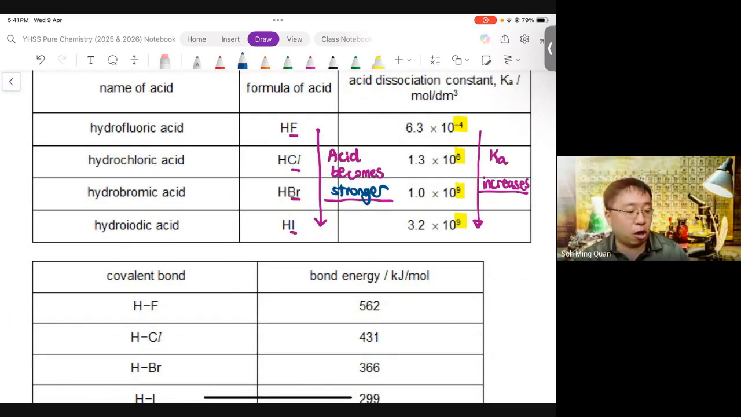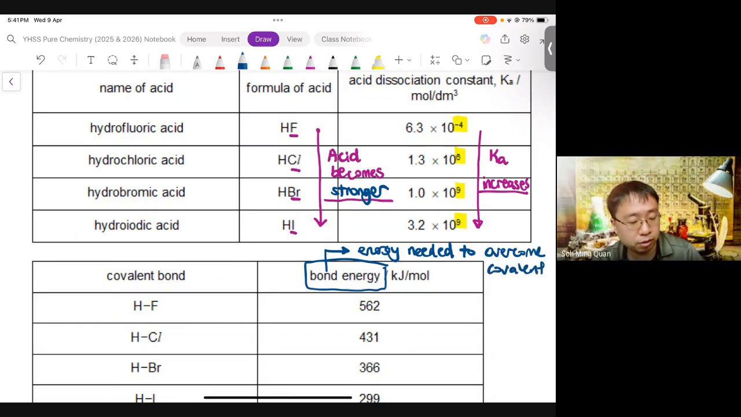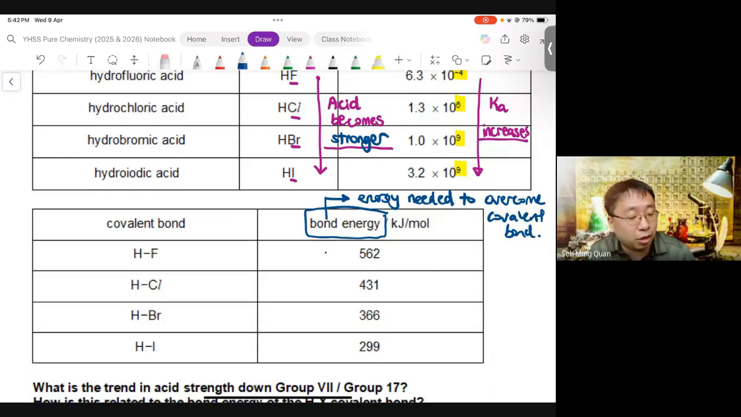Next, let me bring up another data point. The other data point is called bond energy. So if you have done the previous set of Chem O training, bond energy is basically the energy needed to overcome the covalent bond. So in this case, I'm taking the energy needed to actually separate the atoms by breaking the covalent bond. So you can clearly see, as you go down the group, from F to Cl to Br to I, as you go down group 17, the bond energy decreases,